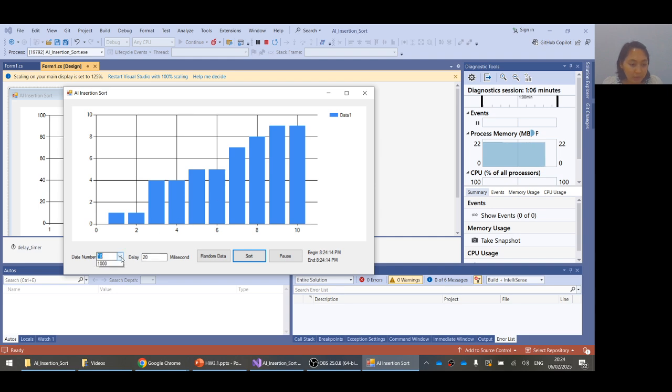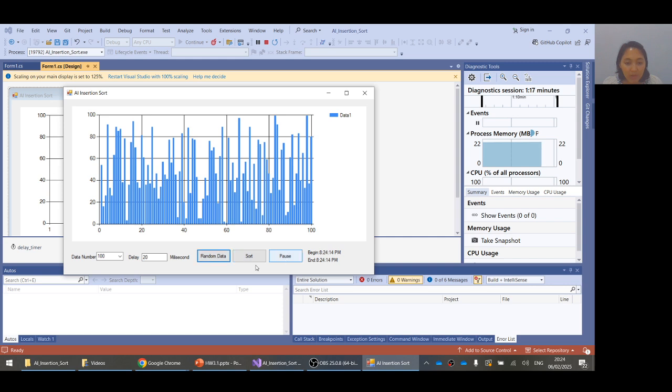And then I will choose the bigger data number. Now I will use 100, and then click the random data again, and I click the sort button. Then I will click pause.